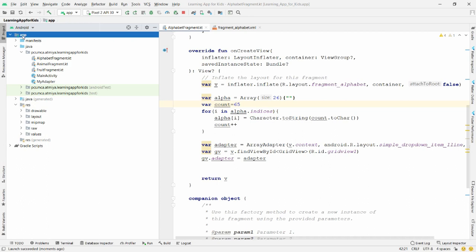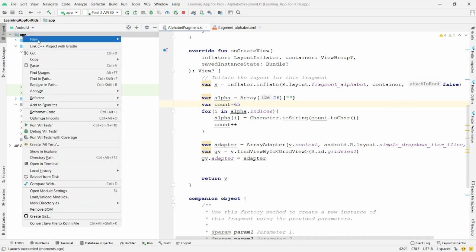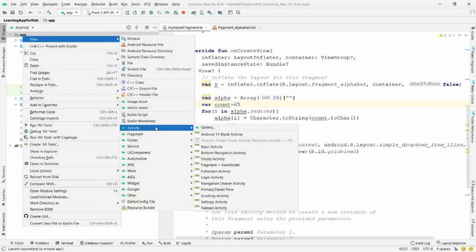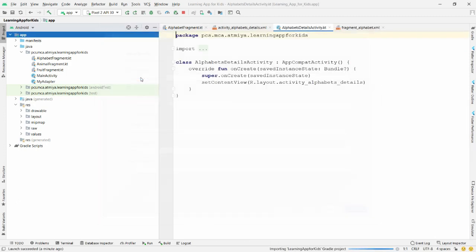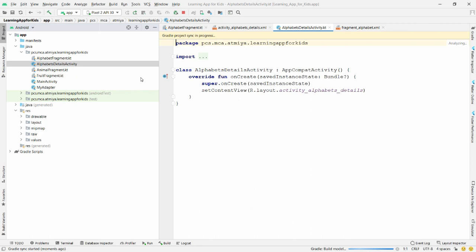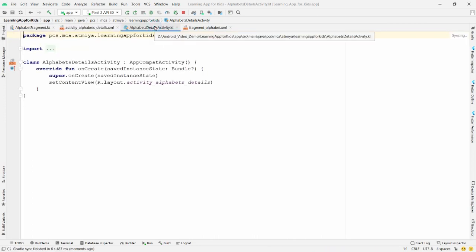Here you can select the application folder. You can just right click, new, and you can select the activity, that is empty activity. Here you can give the name of your activity. I am giving the name of my activity as alphabets details activity. Now I want to open this alphabets details activity whenever the user clicks on any item on the grid